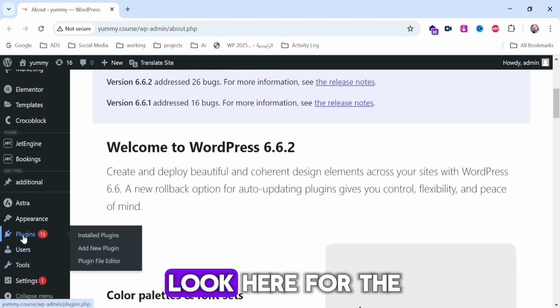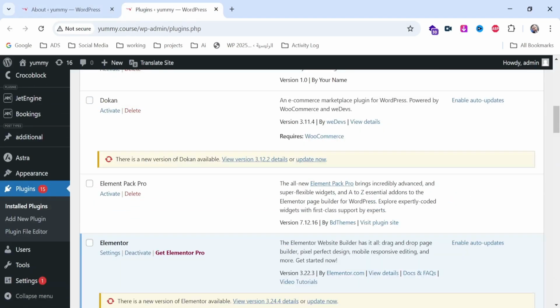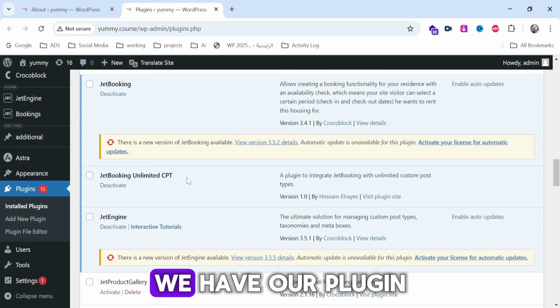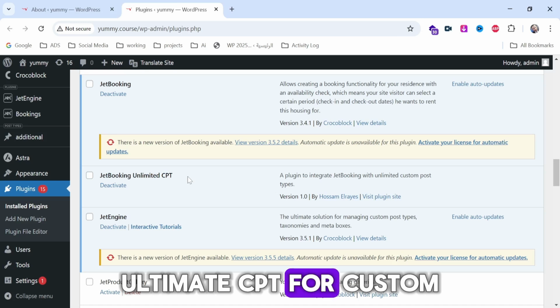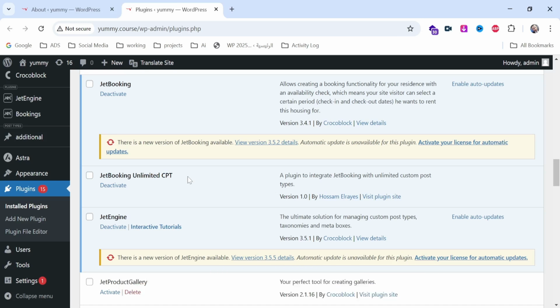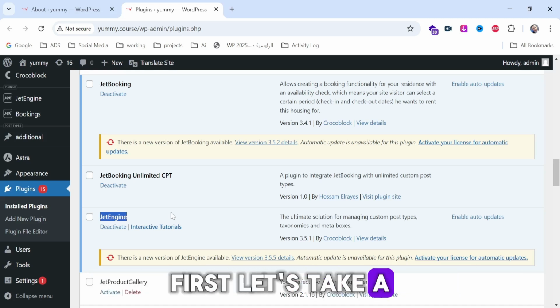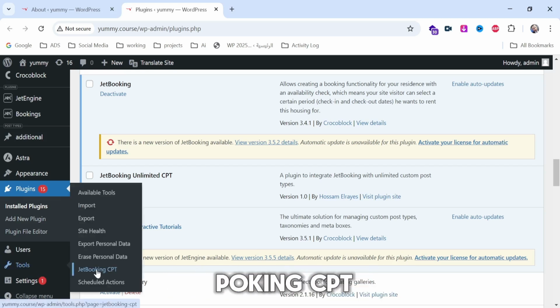Let's first take a look here at the installed plugins. We have JetBooking. We have our plugin. It's called JetBooking Ultimate CPT for custom post types, and Jet Engine to create the custom post types. First, let's take a look at the plugin options. From Tools, I click on JetBooking CPT,